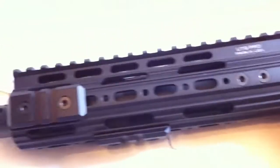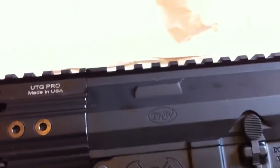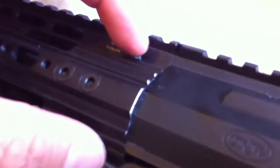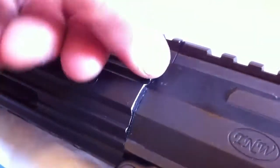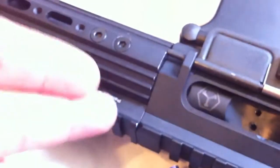I thought it was going to break, but it didn't, so I was able to install it. Also, one problem here, since this was a billet upper, which is different from a mil-spec upper, this rail system actually has lips that come out on a regular mil-spec upper. It'd come out about that far, so it shrouds the upper on this side and on the other side. So I had to chop that off and make it all flush in order to make it work with this